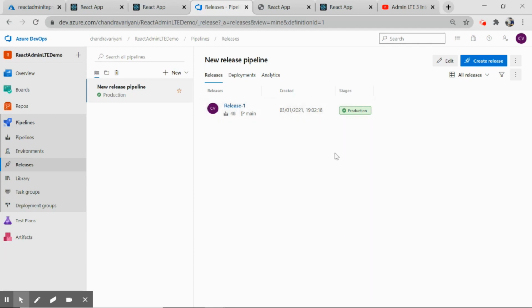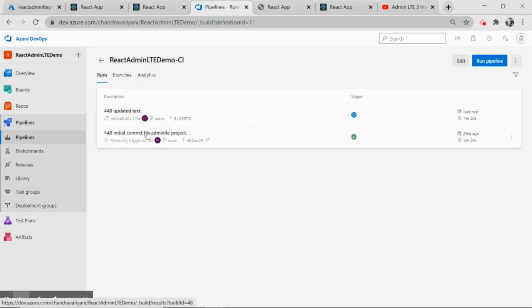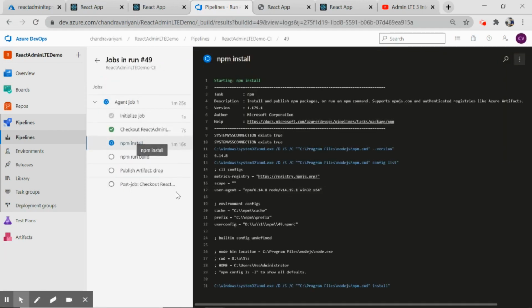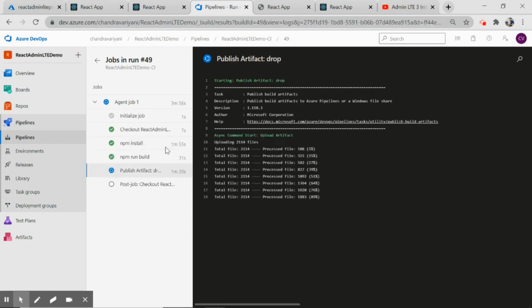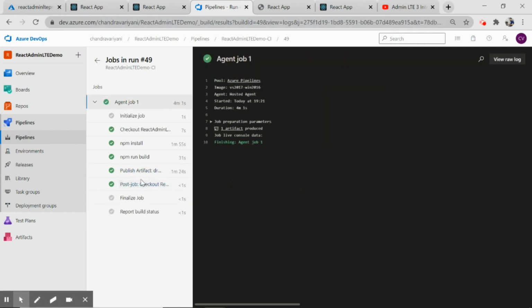So let me pause one more time until build pipeline successfully builds itself. Let's see how much is done. It is still running. Let me click here. Let's see exactly where it is. So still it is at npm install, and this is something which takes most time. Let me pause one more time. We are at same step we have seen at the early stage of the video. Artifacts is done, checkout is done, final job, and report build status.